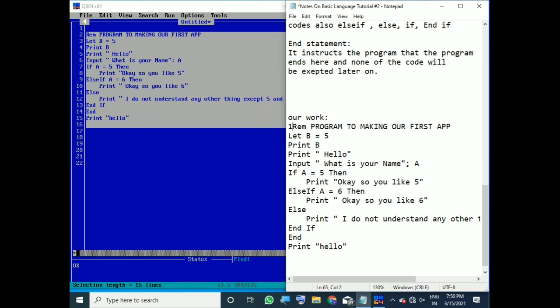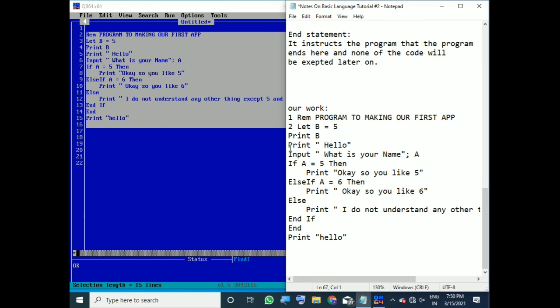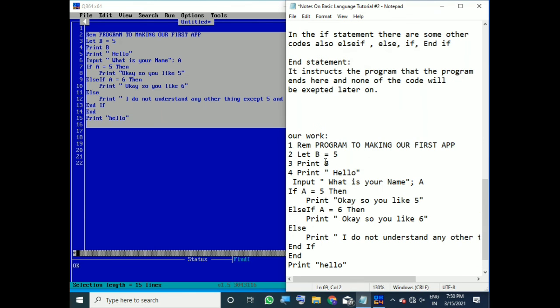So let's write 1 here, then 2, then here 3, then here 4, then 5, then here 6, then here 7, dot dot dot. There are many things, I'm not writing it now because it will just take some time.